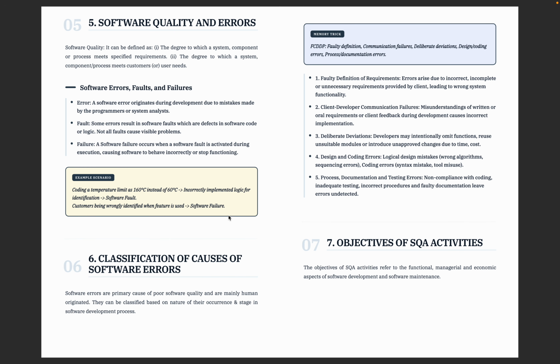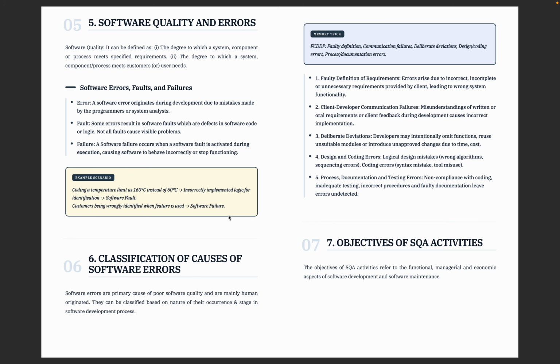Coming to software quality and errors. I think this question is kind of an easy thing. So real life example, mobile. Okay, a mobile app is there. So what is the error there? The developer makes a logical mistake, that is the error. What is the fault there? That mistake exists in the code. Okay, there is a fault in the code. Okay, what is the failure? If the app crashes, we can say that is the failure.